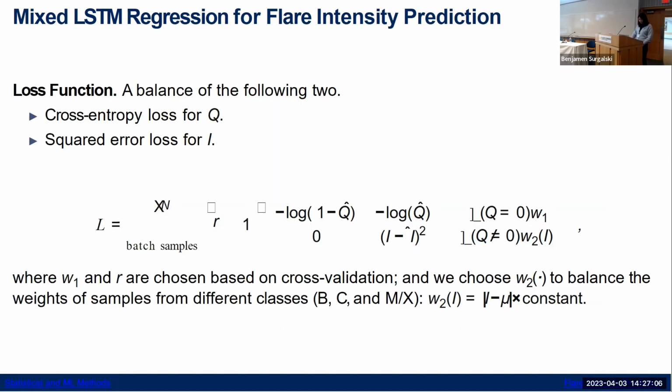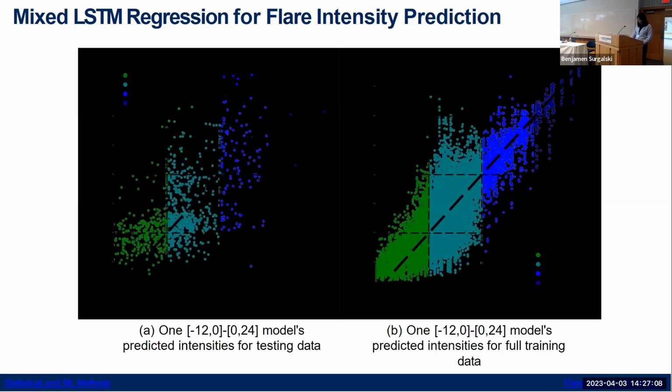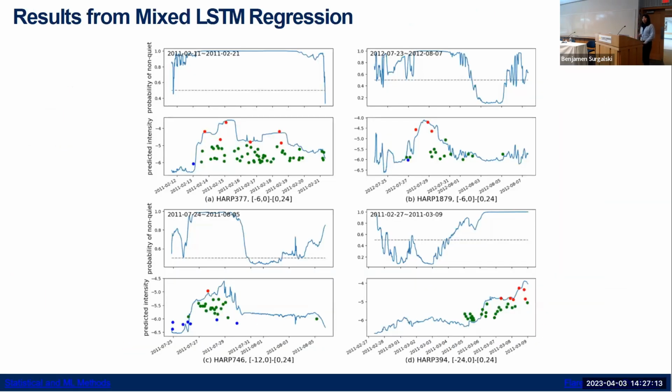A lot of the slides are not showing up properly because I had a PDF version which was converted to the PPT format. But here I just want to show a few case studies. Again, we want to track 4 different active regions in these 4 different panels. For each of those active regions, I have 2 plots. The top plot shows the probability that there is locally a flare event. On the bottom, I'm labeling the flare events, the weaker ones with the green color, and the red ones labeling the really strong flare events.